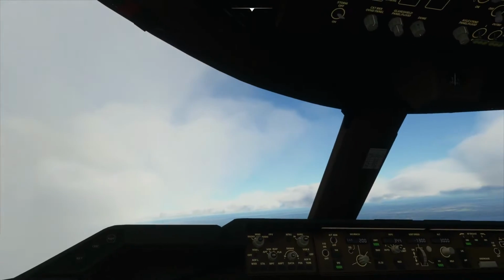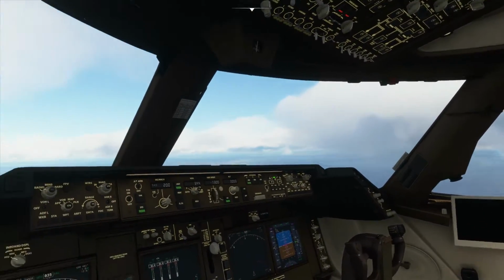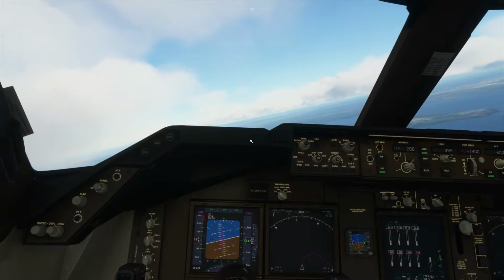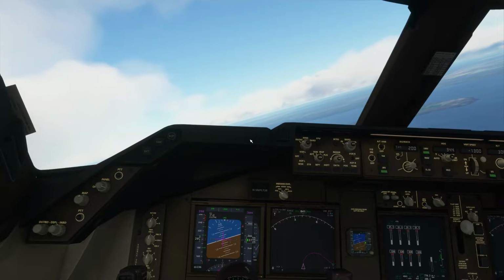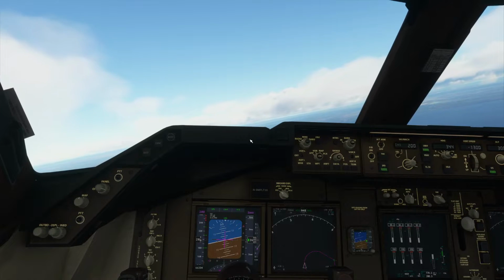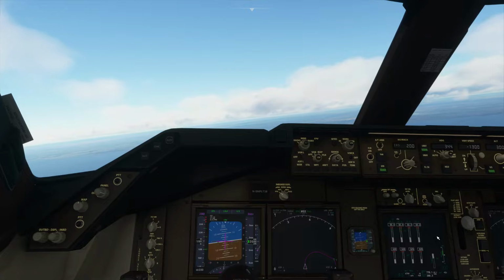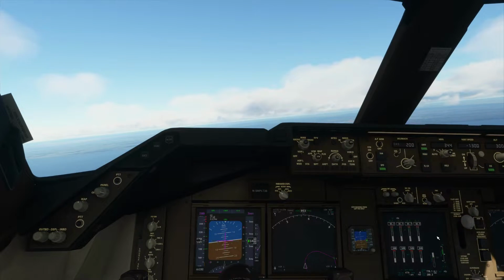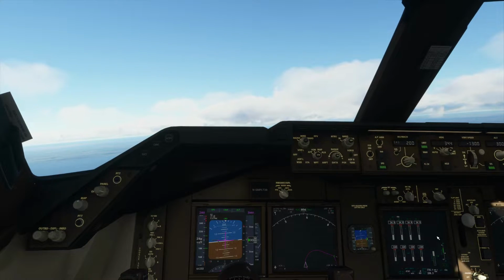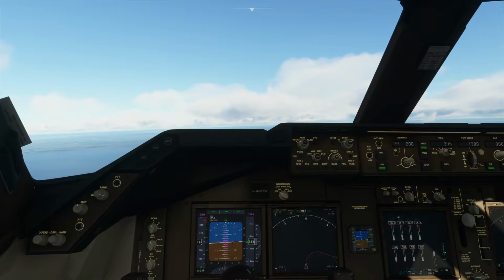We are passing through the clouds. A little bit nasty weather. I'm not sure if this is the current weather in Copenhagen in real life. We will see. We are very close to our initial approach fix, which tells me that I should start slowing